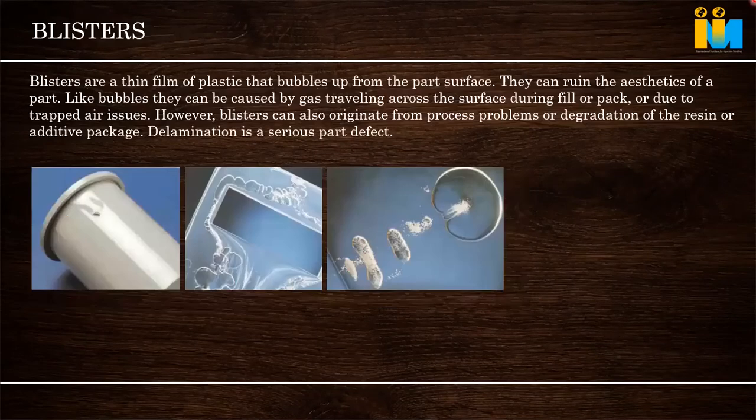Okay, this is a blister. This is an aesthetic problem. Sometimes some amount of material degrades, and degrade means some amount of fume also comes, especially in fire retardant, where some fumes may come. Those fumes get entrapped. So keep the melt temperature proper, and avoid overheating. Sometimes the nozzle is the biggest problem in this type of issue. The nozzle overheats and some type of air. And sometimes when we are doing a suck back, some amount of air gets inside the machine.